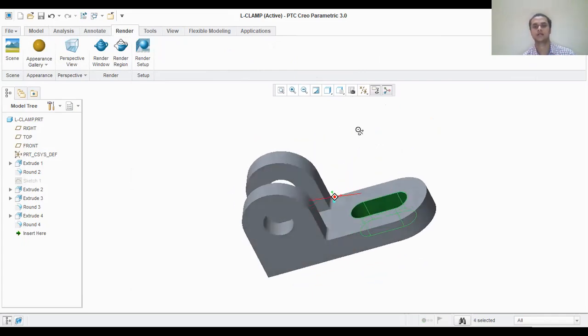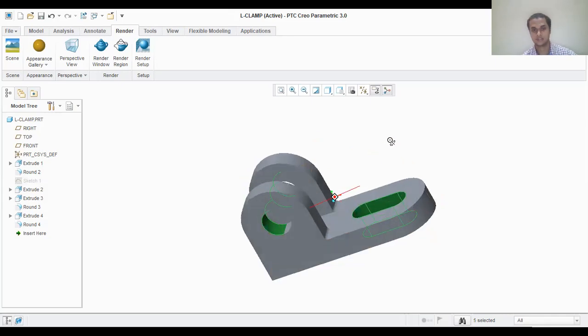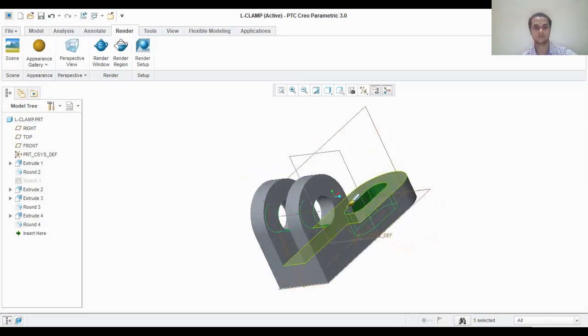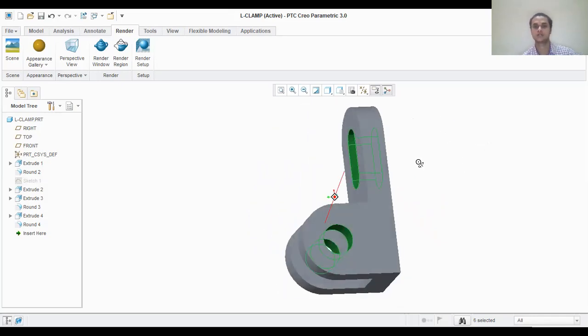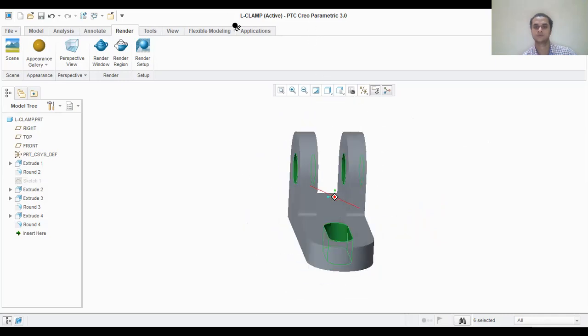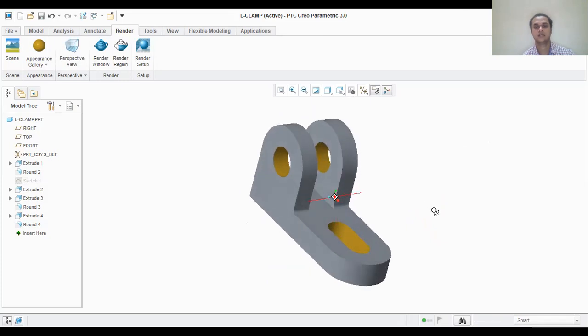Wherever you have performed the cut, it is better to use this one. It has selected only this one, and the bottom is not selected. I select this, so that wherever you have used extrude cut, it is better to use this. Click on OK, so that it will be highlighted in another color, yellow.